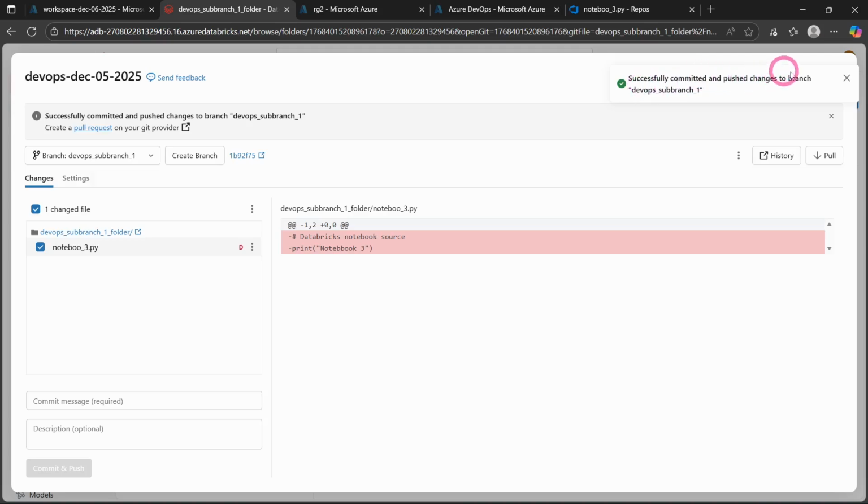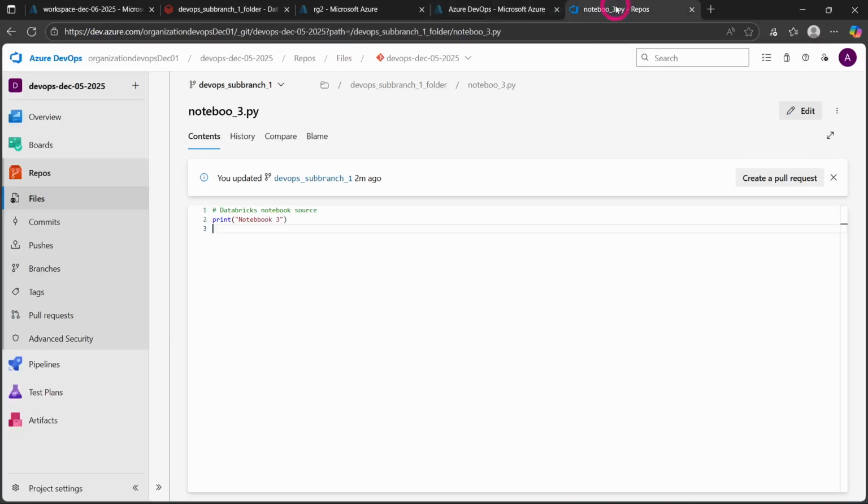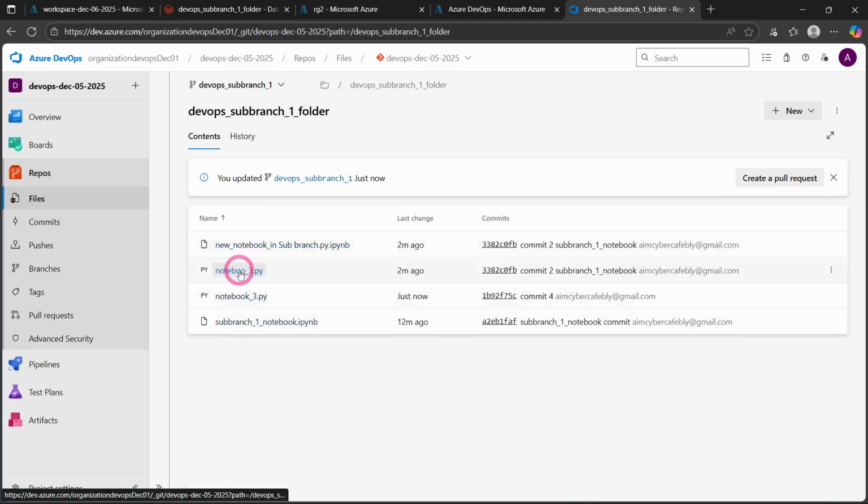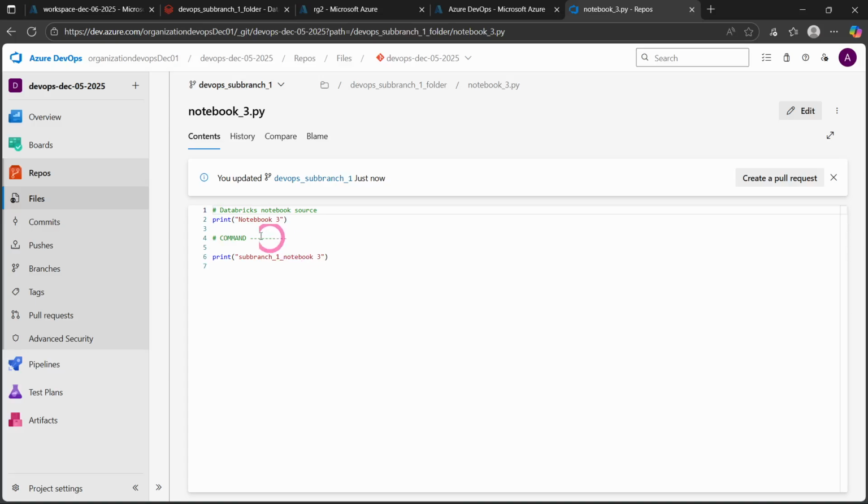That's it, successfully committed and pushed changes to this branch. Going back to my DevOps, click on repositories, click on the DevOps folder. Here you can find both these files, DevOps 3 and notebook 3. Click on here. You can see this is a command, this is a command. And here we can see all the commands which we have updated and written in the original file in the Databricks